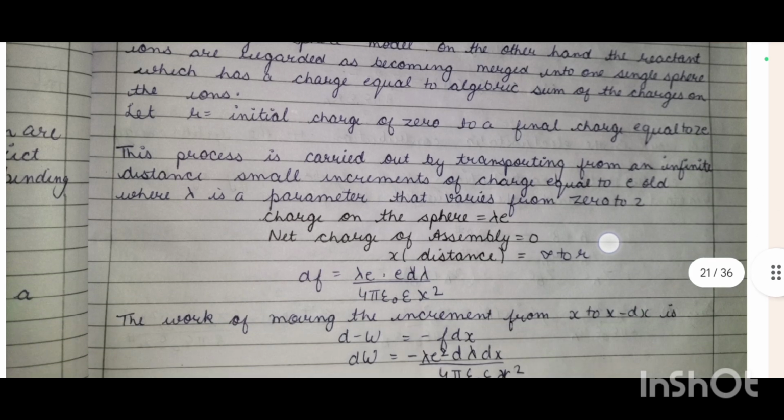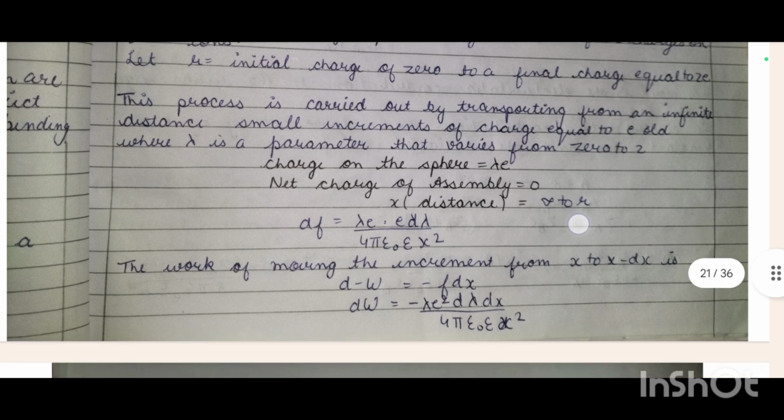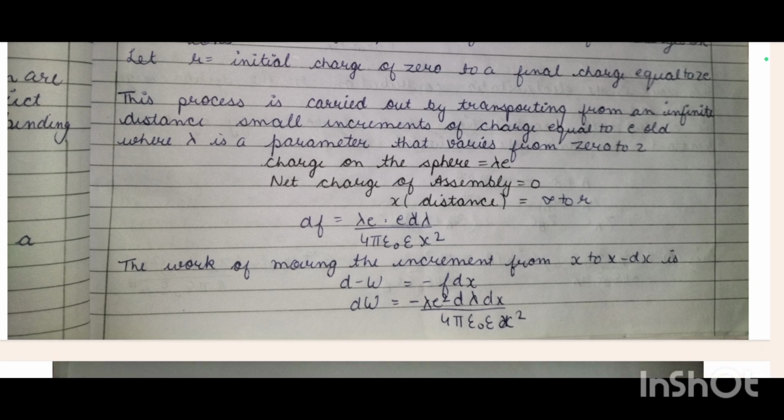This process is carried out by transporting from an infinite distance small increments of the charge equal to e d lambda, where lambda is the parameter that varies from 0 to Z, and the charge on the sphere is lambda e, and the net charge of the assembly is 0, and x is the distance from infinity